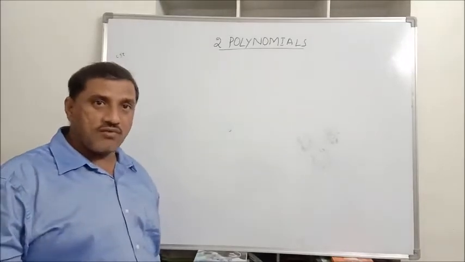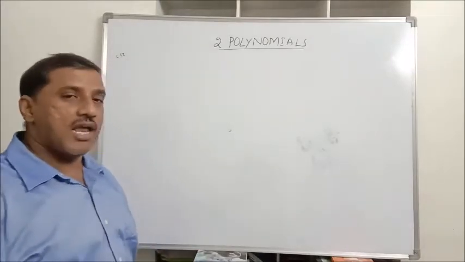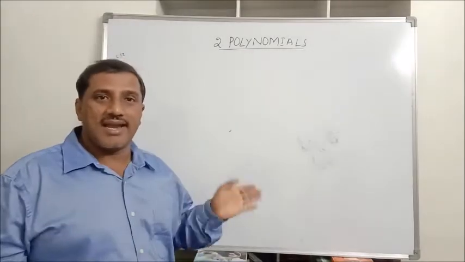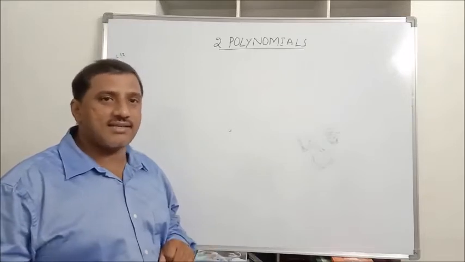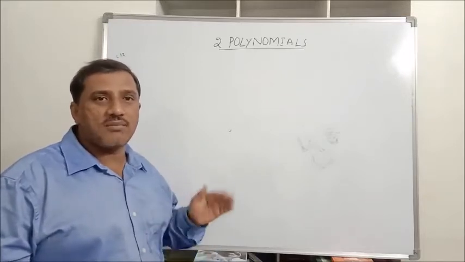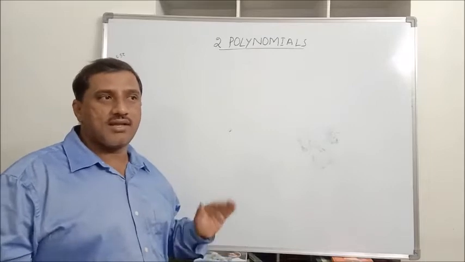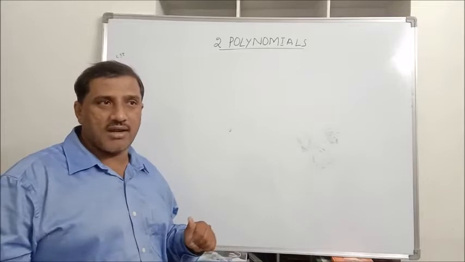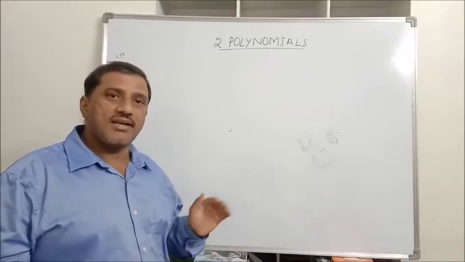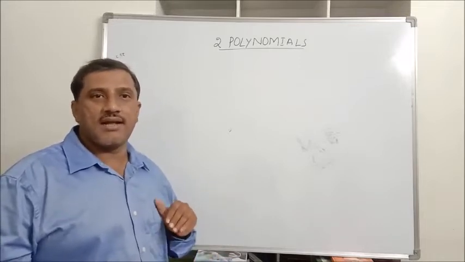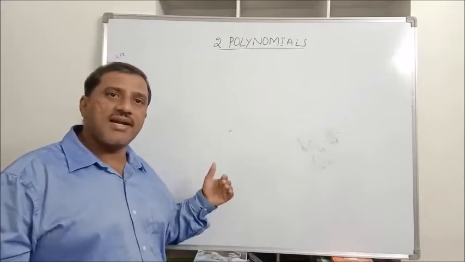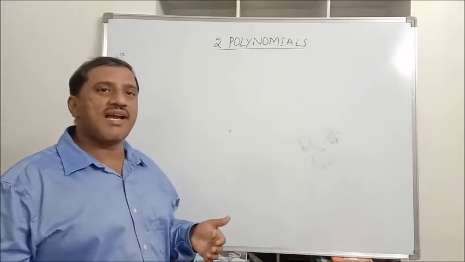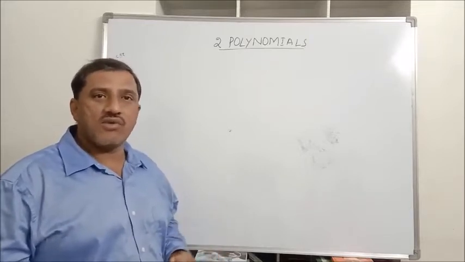This is new in the 10th standard, but we have already discussed polynomials and a few related topics in the 8th standard, even in the 9th standard. In 8th standard we studied what polynomials are, types of polynomials, degree of a polynomial, classification based on the degree, value of a polynomial, and then zeros of a polynomial. After that, the remainder theorem, factor theorem, factorization, algebraic identities and their applications we studied in the